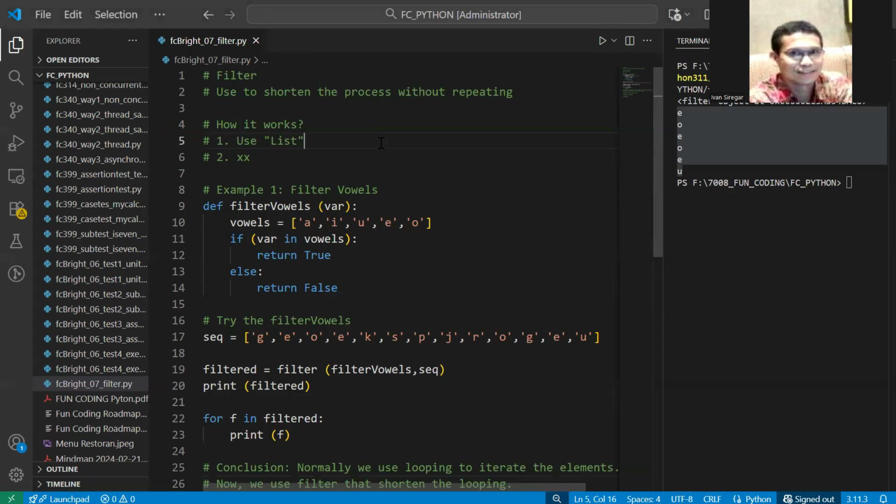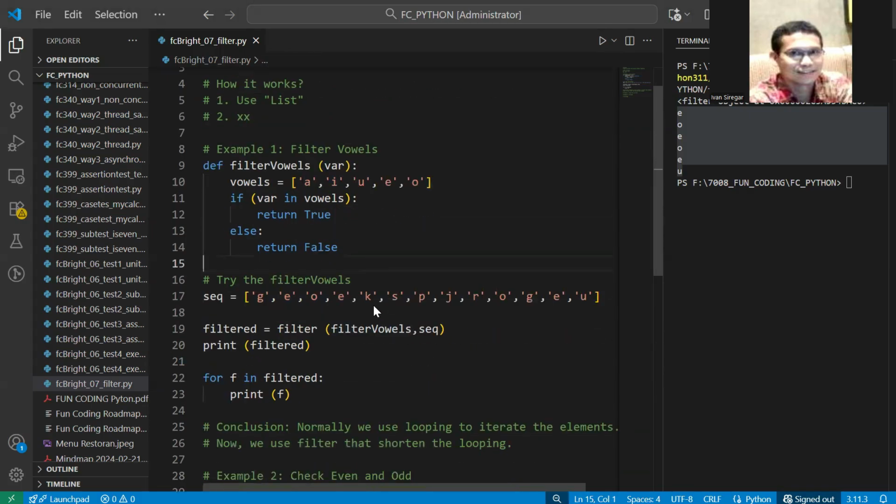So we have the list as the collection of the vowels, and then we have the list also as the collection, the thing that we have to check and filter, which part satisfies the vowels here.